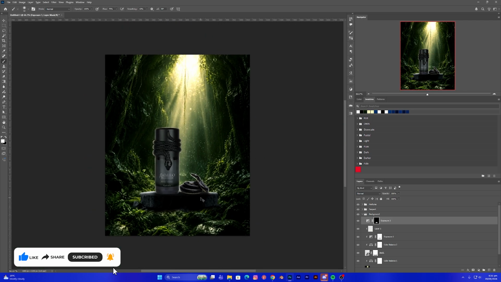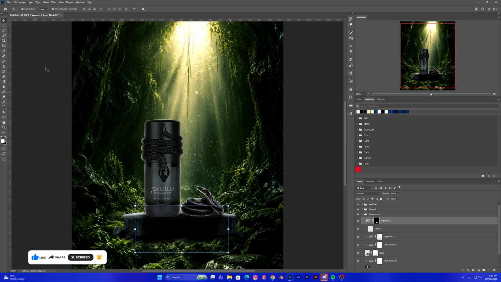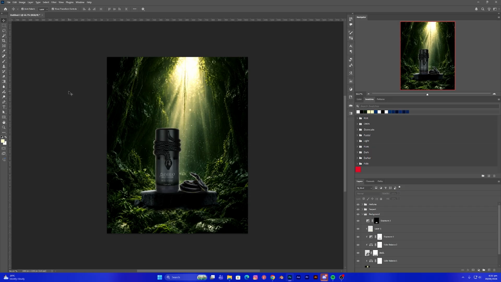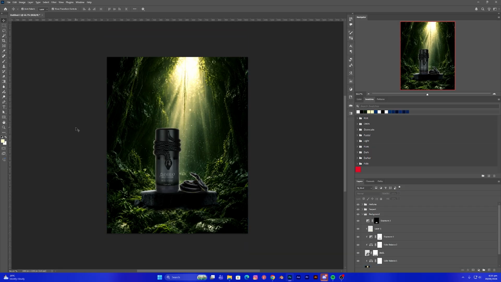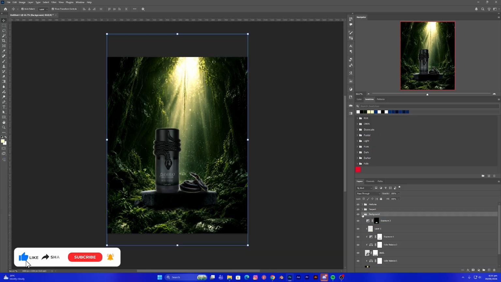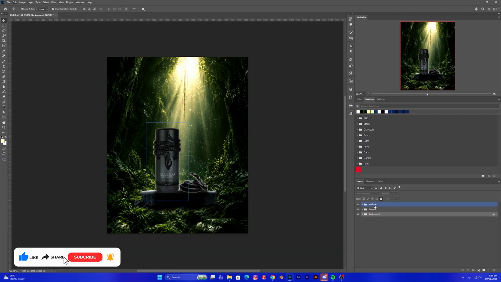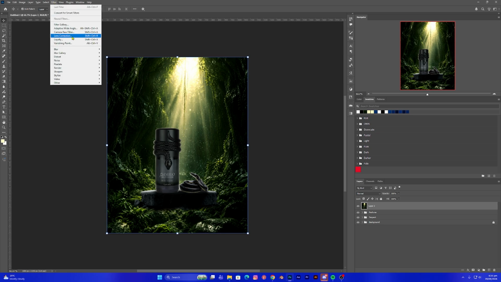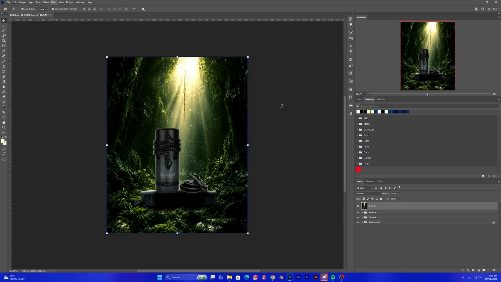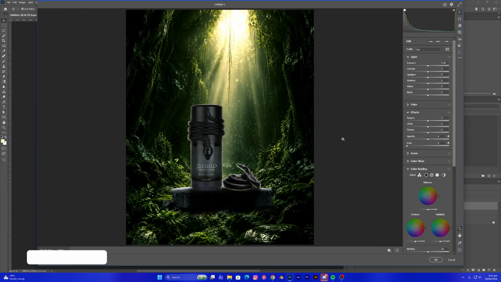Okay, so now I'm gonna zoom out so you see the difference. Okay, so now the design is taking shape. I think I'm almost done with the whole design process. So I'm going to select the background folder and then lock it in place. I'm going to hold Shift, Control and Alt, then E on my keyboard to put all the elements together, so I can apply some color correction on it, or I can color grade